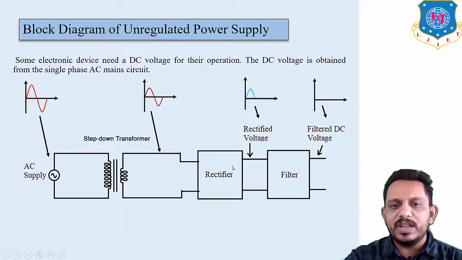Now this stepped down voltage is given to the rectifier circuit. The rectifier circuit will convert the alternating current, bidirectional current, into unidirectional current. So you can see this waveform. The current, which was first half positive and half negative, is now positive in both cycles. But still, this is not perfect direct current because it is fluctuating. It is obviously in a single direction, but it is fluctuating. This is known as the rectified voltage. If you use a filter, then by using the filter, you will get the filtered DC voltage.